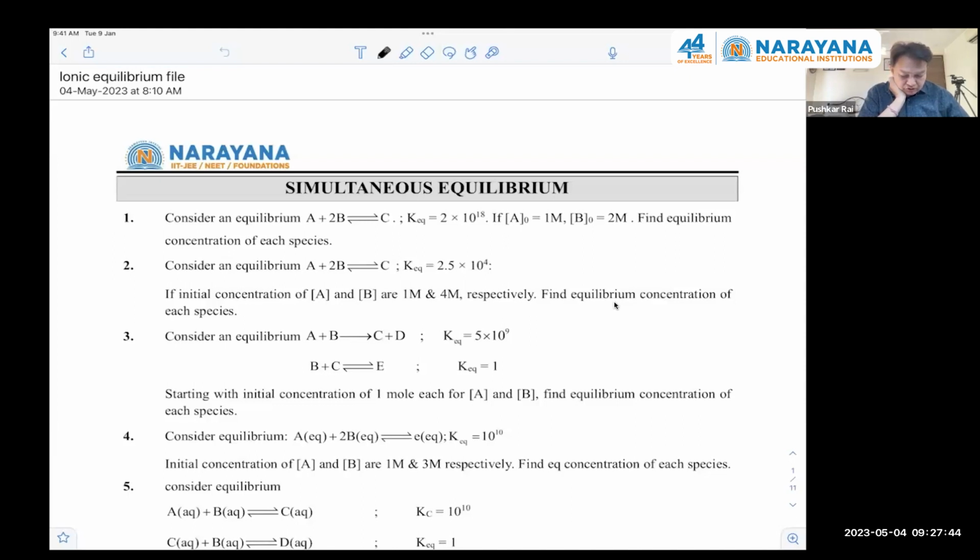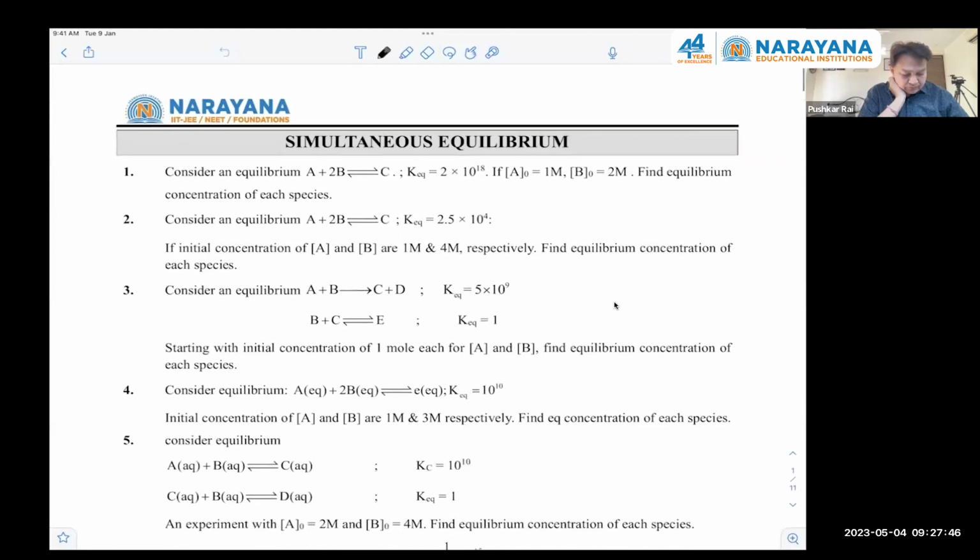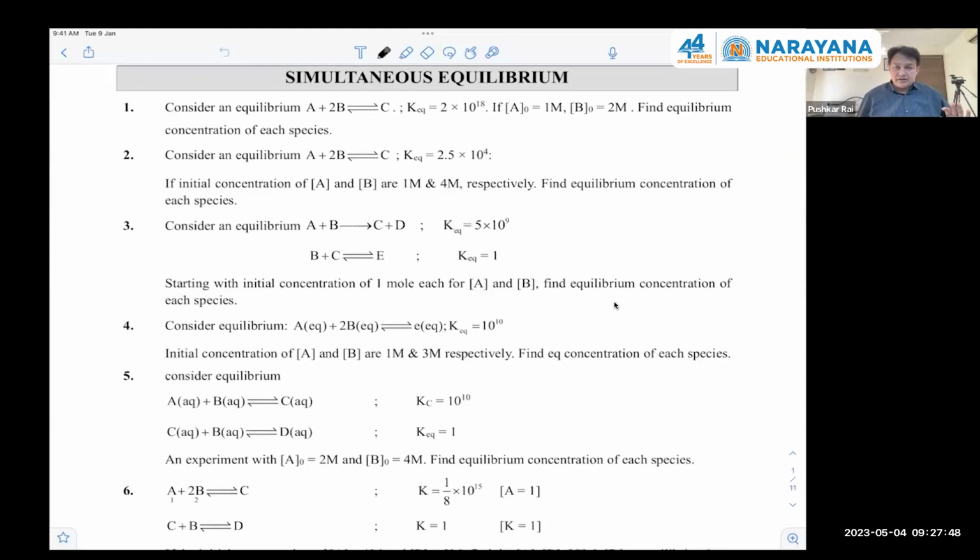Let us try question number 3. Everyone try question number 3, solve this problem and get the answer. Question number 3: consider an equilibrium A plus B changing into C plus D, and B plus C is in